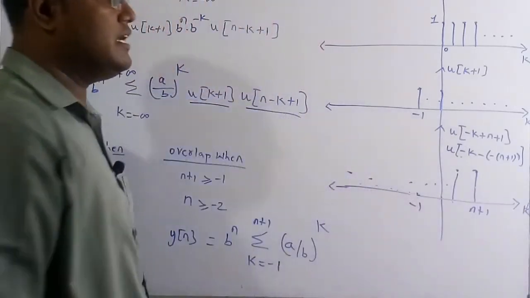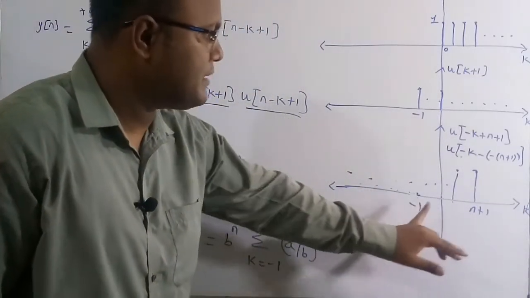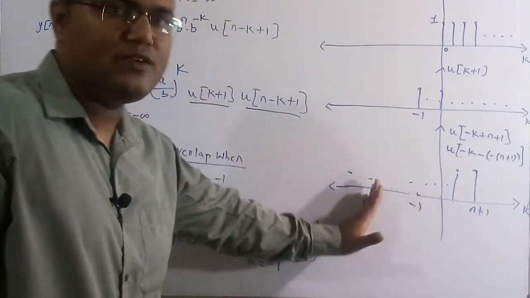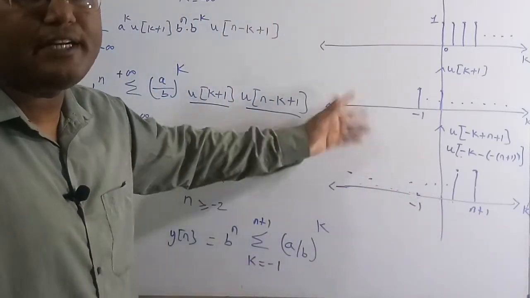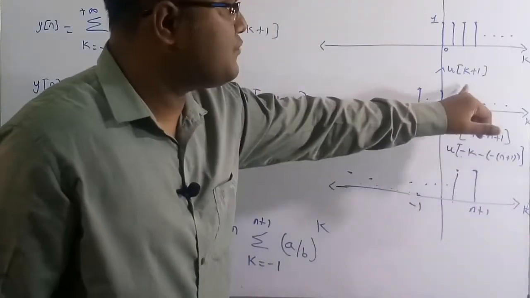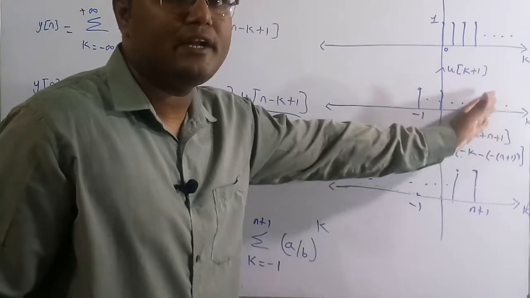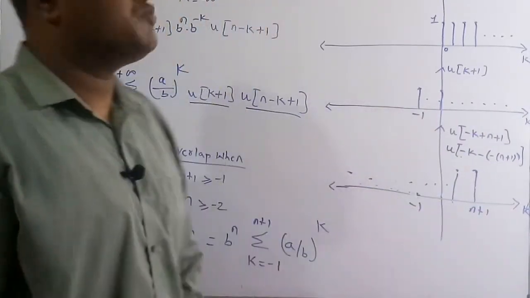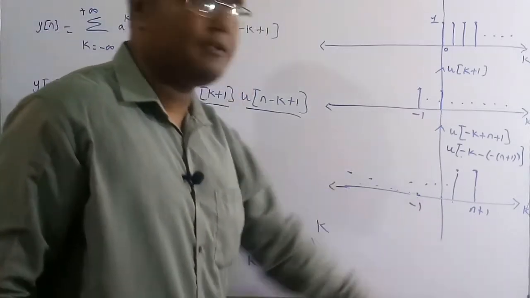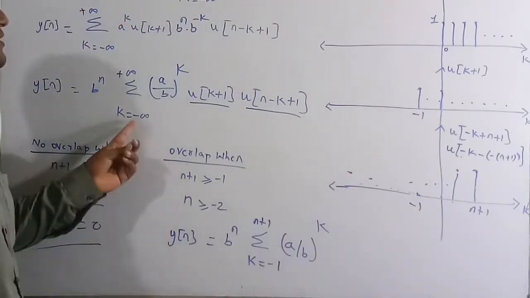So therefore we can conclude that here the summation is going to go from the region of minus 1 to n plus 1 only, because below minus 1 this value is 0. So if you do the product, it is 0. Again for above n plus 1, this value is 0 but this function value is non-zero, but still if you do the product, it will become 0. So therefore now we can conclude that we need to do summation only from minus 1 to n plus 1. So therefore no need to do the summation from minus infinity to plus infinity.